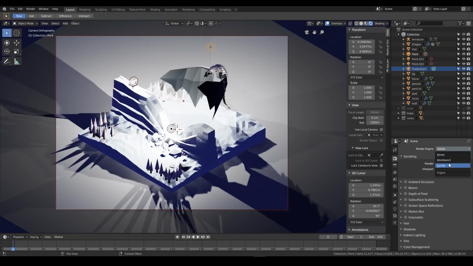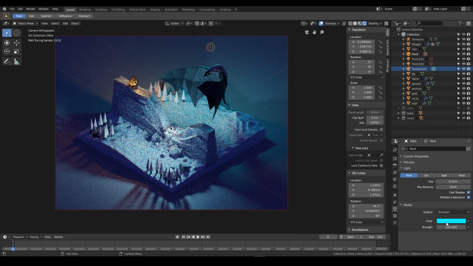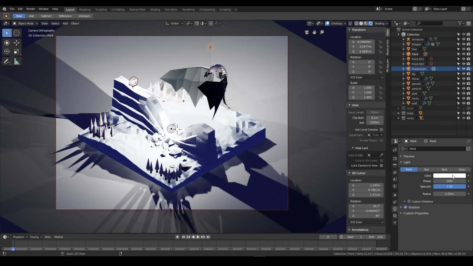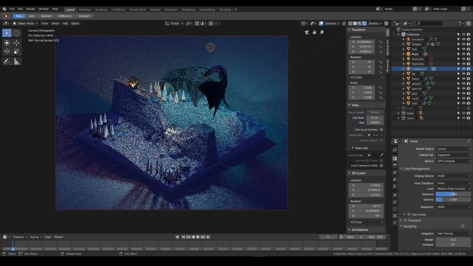So if I go back to the Cycles renderer and go to the light settings, you can see there is a cyan color, but in Eevee there was a white color actually. And I wanted to keep the mood and the lighting quality of the original image. So I will just hover my mouse over this color, press Ctrl C to copy that, and this will get a little tedious because I need to switch to Eevee, go to the light and copy it back. And I want to do this for